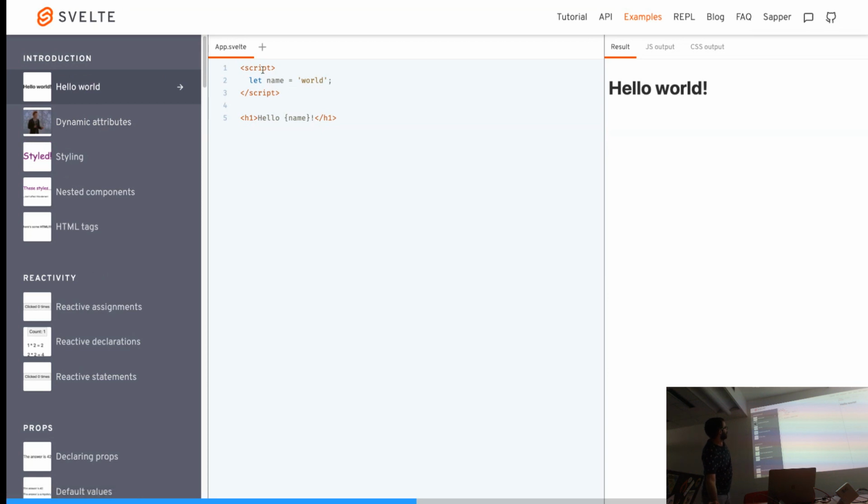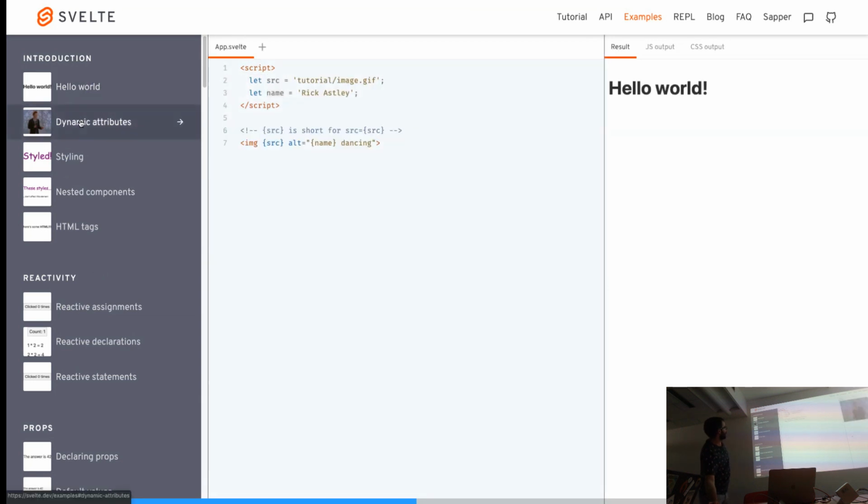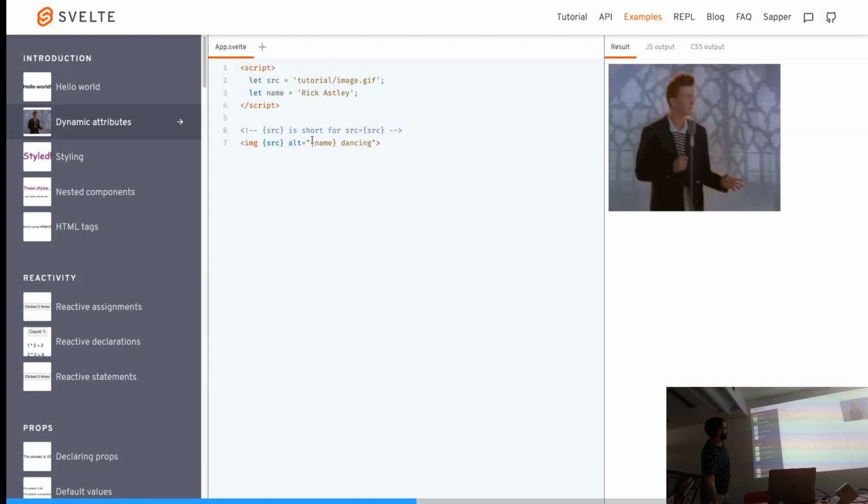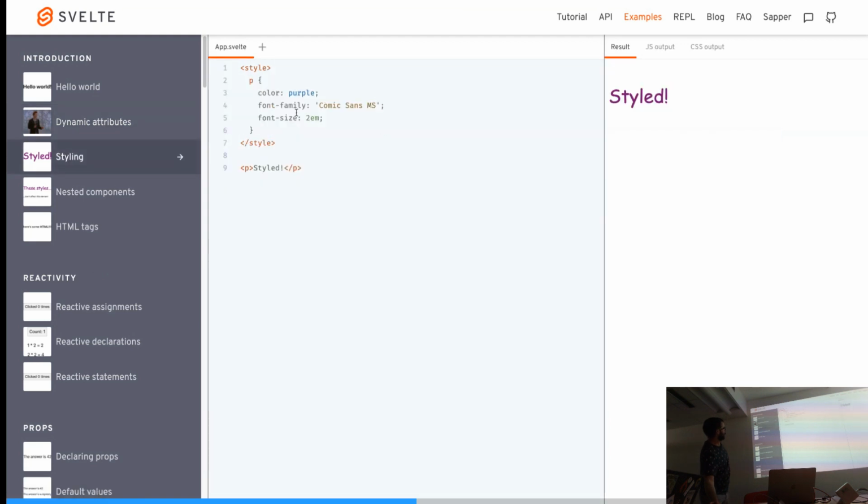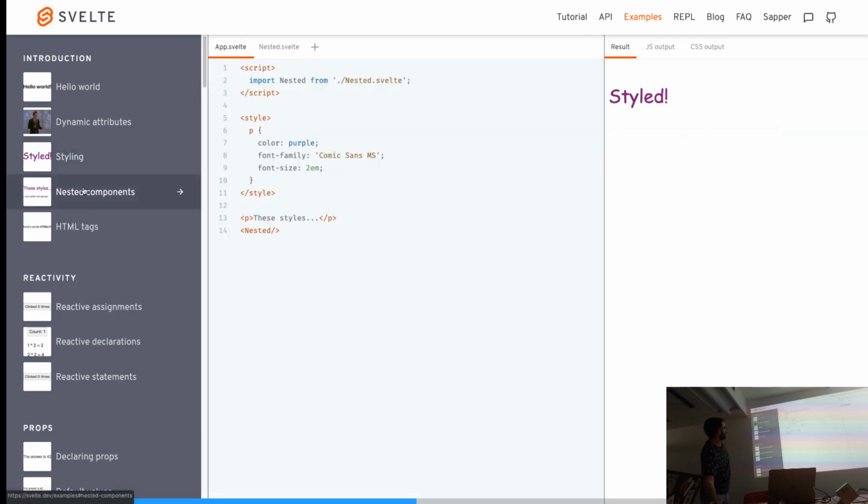So as I said, this let just says it's bindable in the template. One example, you can have the same in attributes. You simply use your bracket somewhere in an attribute and it works the same. You have an example of some styles, just normal styles as you would write in normal CSS. The difference is that they are scoped to the component itself.